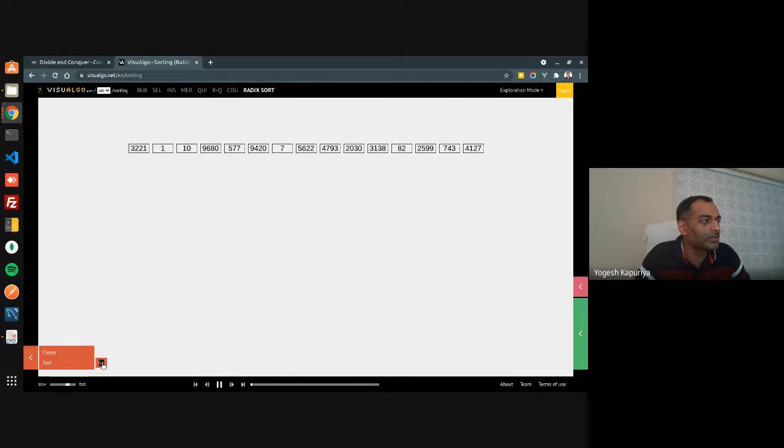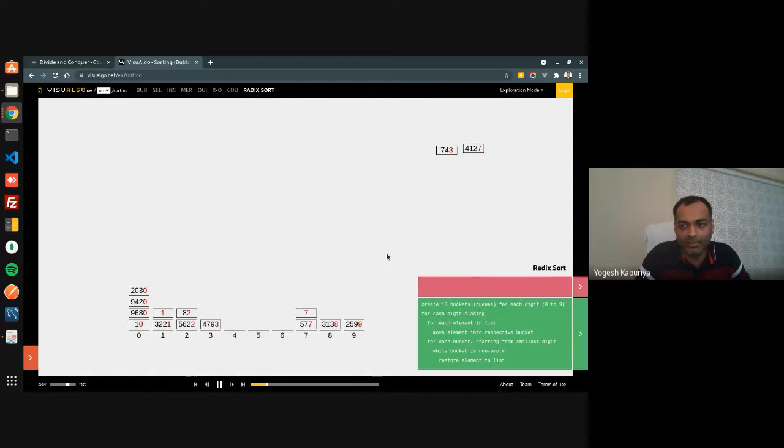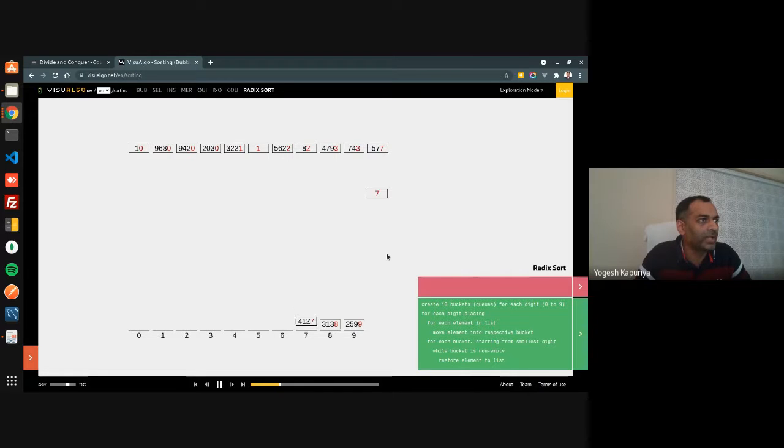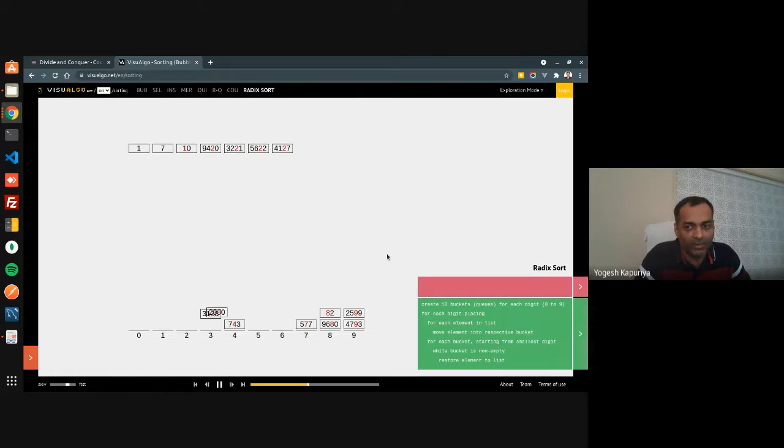This one is radix sort. First step is you check the last digit and put it in a bucket. Then again you check the second last digit. This is how radix sort works. Then you check the third last digit and so on. This is also a good tool.